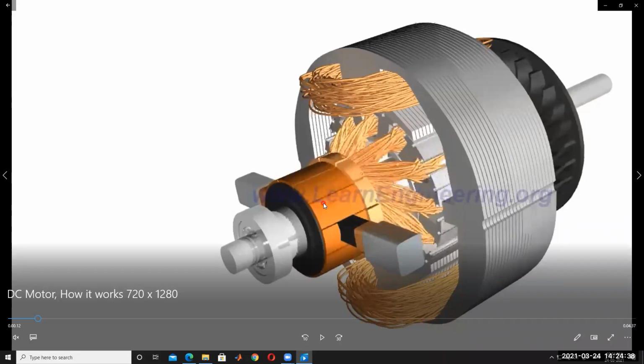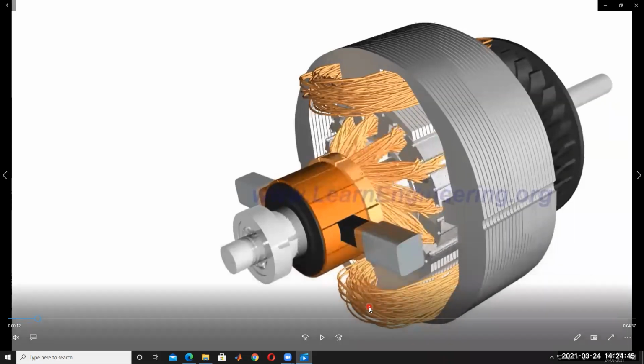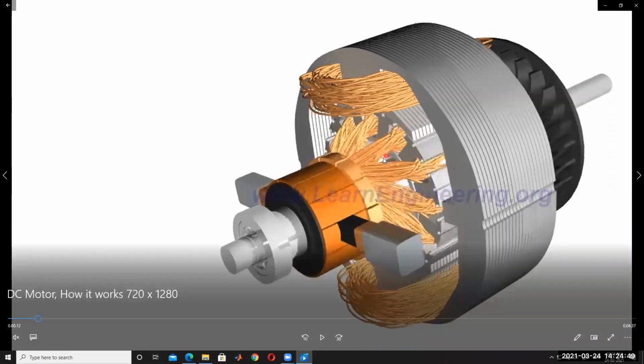For a motor, we are giving the DC power supply, and that means it is converted from DC to AC. That means the armature always carries only AC supply. The armature winding carries only AC. So for a motor we give the DC supply, then the DC is converted into AC for the armature winding.